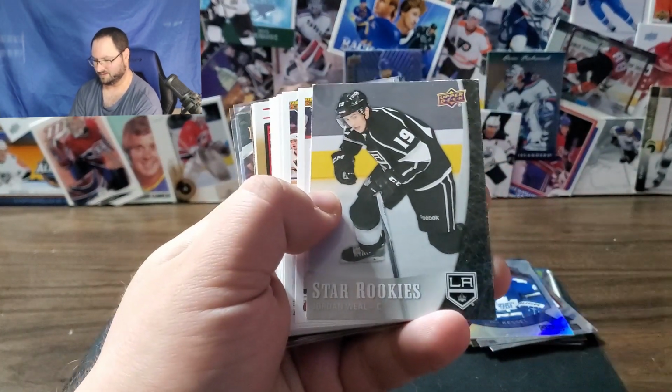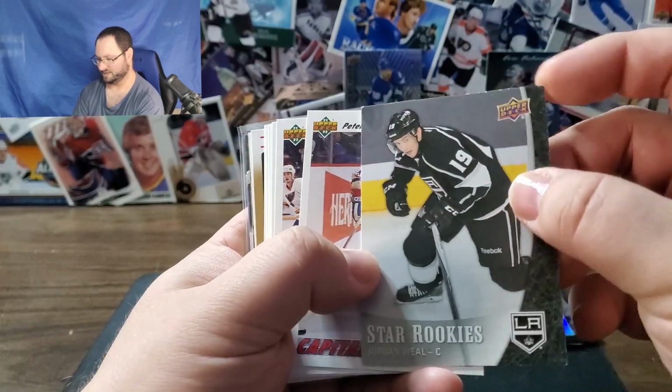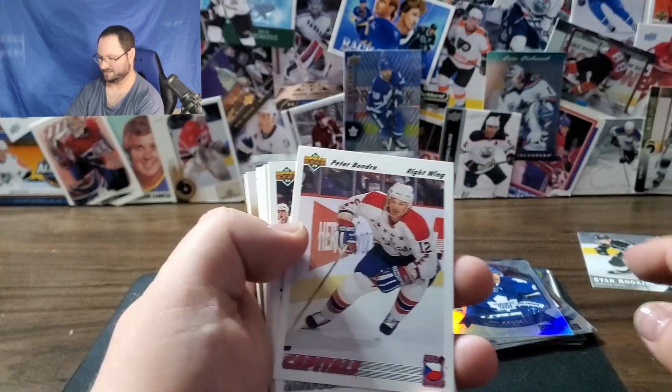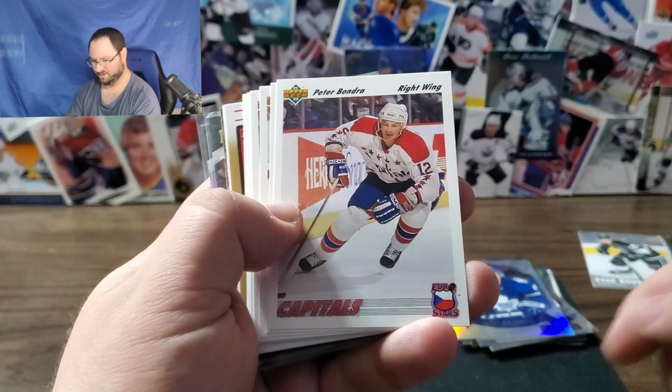Star Rookies, I did dip into that in the past. This one's actually very dinged up. But luckily, I already have this set, so that'll probably go in a donation box because that's too damaged. And what do we got? We've got some